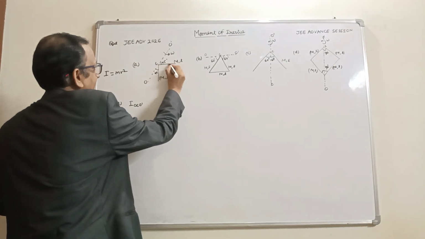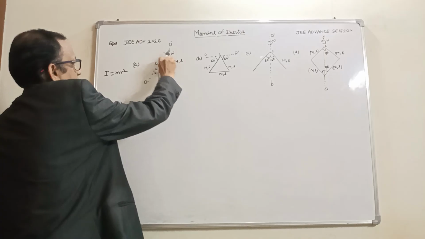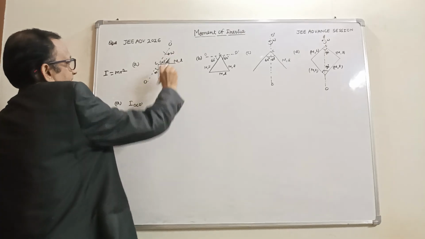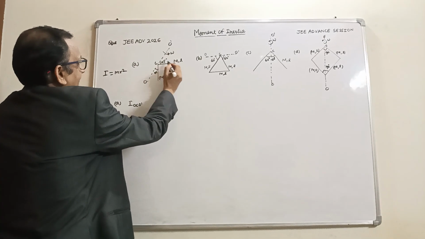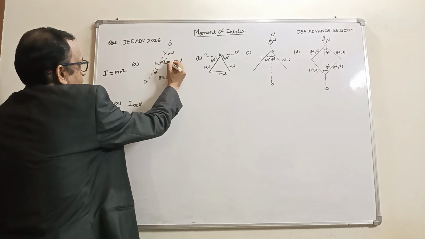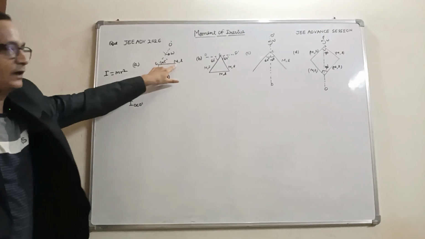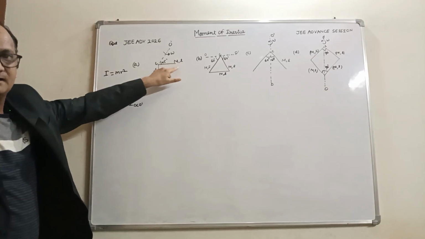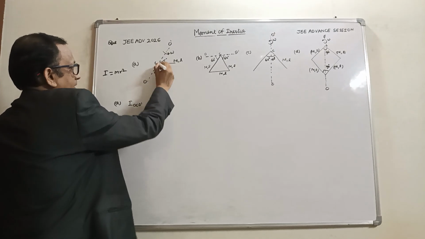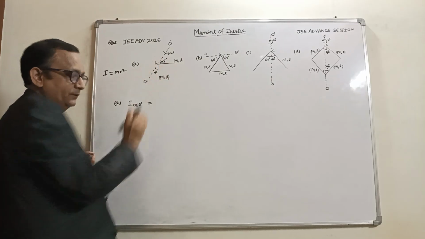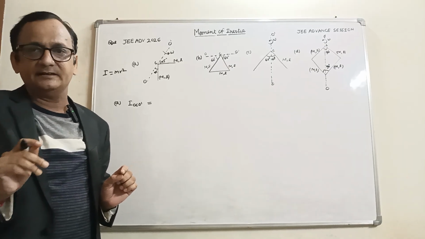Take a small mass here, say dm mass. For dm mass the perpendicular distance would be the sine component of this distance. So this is the perpendicular distance. Suppose this length is x, and the component of perpendicular would be x sin theta. So on integrating 0 to L, this becomes m l square. So moment of inertia for this rod, we know the moment of inertia about the hinge point, that is ml square by 3.